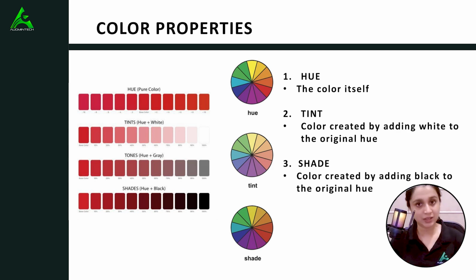And let me tell you one thing. In nature, it is not possible for us to see the hue itself. So when you are planning interiors, maybe if you are into graphic design, you can see the exact hues. But when we are talking about interiors, we add lights, we add materials. Materials behave differently in different lights, and hence the hues keep changing. So once you add a tint of orange, or let's say a shade of orange, you should know what kind of light will turn it to the best possibility of the hue.